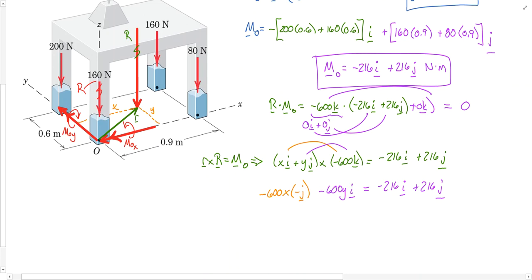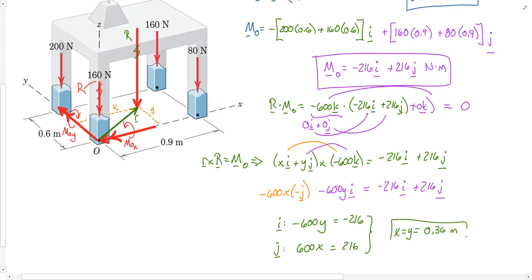And what we can do is set the i components equal to one another and the j components equal to one another. So if we think about the i direction, we have a minus 600y equals a minus 216. And in the j direction, we have a positive 600x is equal to a positive 216. And if you do the math on either of these, it's clear we're going to get the same value, but x would be equal to y, which would be equal to